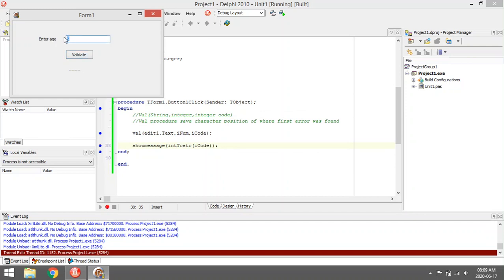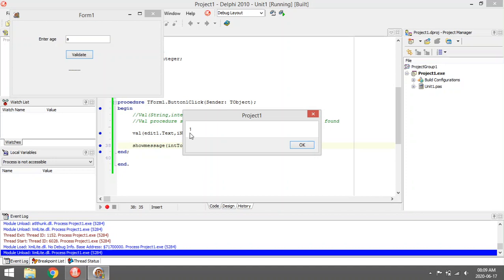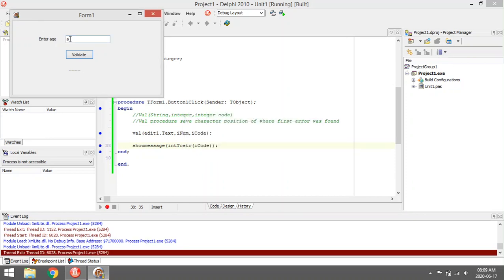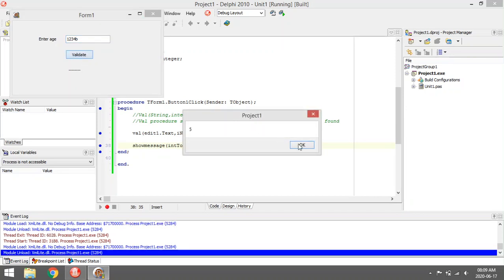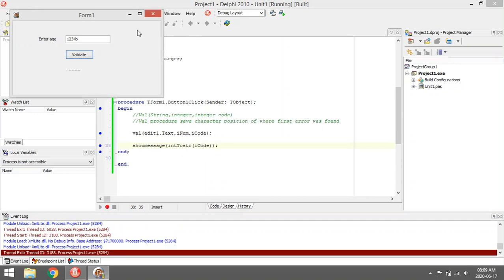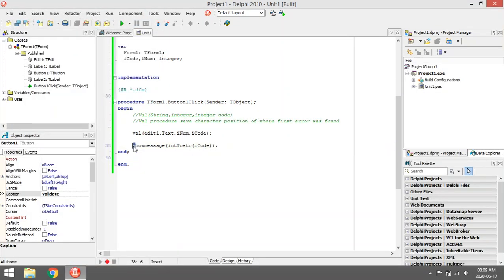But let's say I enter the value A. It's going to show me 1 because it found the error at character 1. If I make it like 1, 2, 3, 4, and then I put a B or something, it should return us a value of 5. Okay. So now we can use this